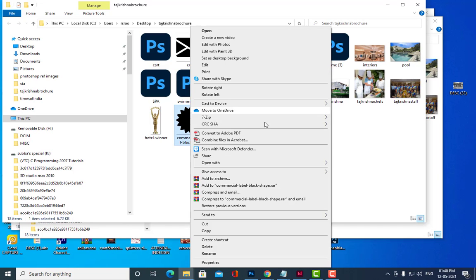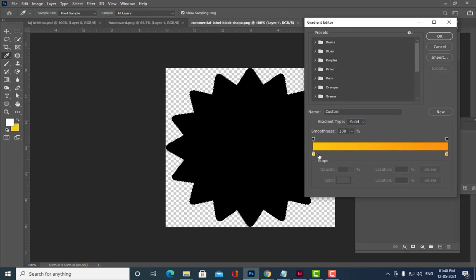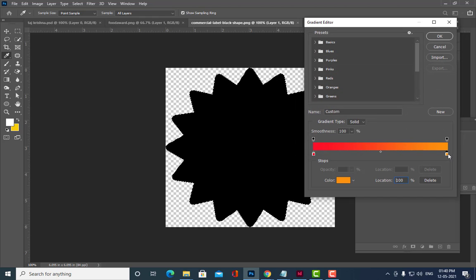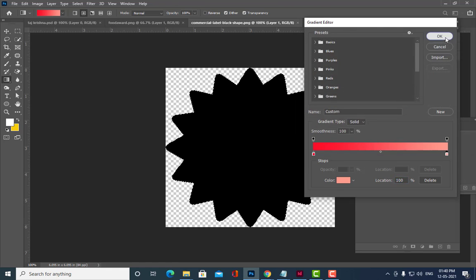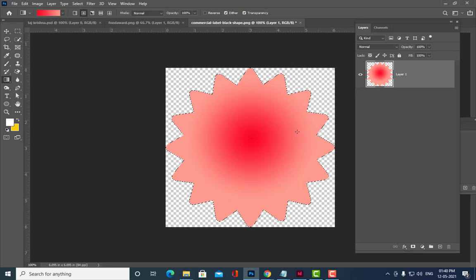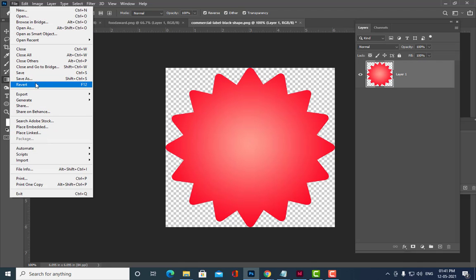We'll just open it in Photoshop, and then simply we'll give a red color gradient. Okay, so we have to take reverse here. Now we will just save it as a PNG file.